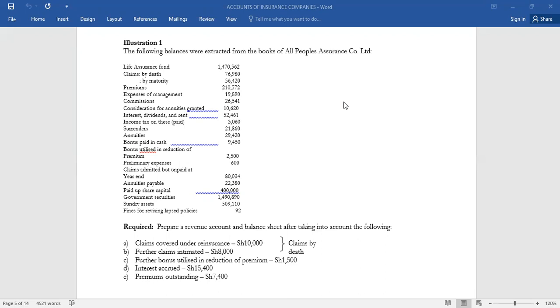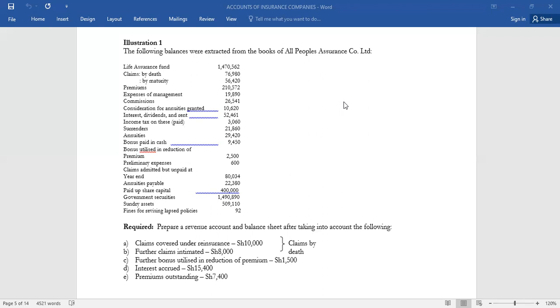If there is any bonus in reduction of premium, it is also supposed to be added. Then you are supposed to subtract any outstanding premium at the beginning of the period. But remember, we say that this figure will be minus the reinsurance premium. So that is what we have. Look at the question that we have for All People's Assurance Company Limited. Whenever you see such a question, the very first thing is to